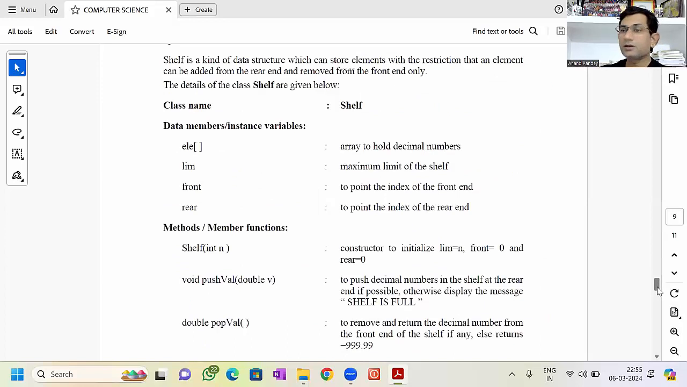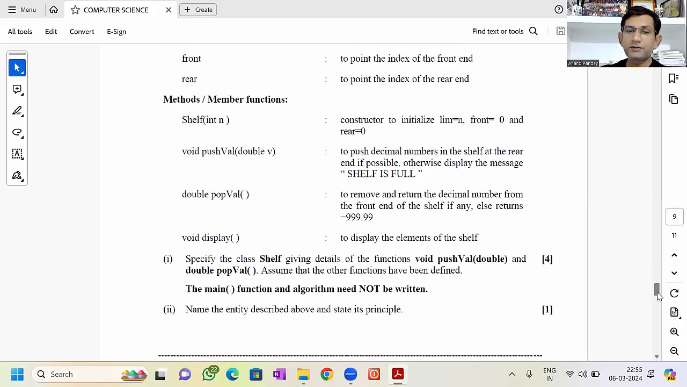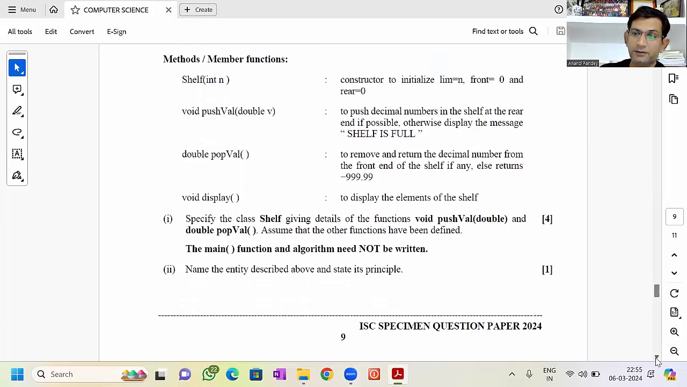To prepare it, you can learn this question. Only these 2 functions you need to define: one function for the push operation, one function for the pop operation. Only these 2 functions you need to learn for stack and queue. Only they will change the names and the type of array, and you have to recognize whether that entity is a stack or a queue, and the principle: LIFO and FIFO. Okay,